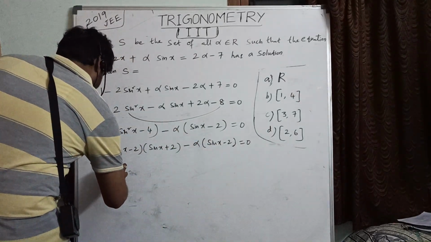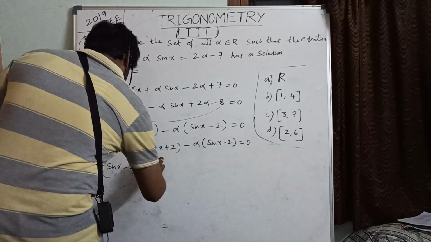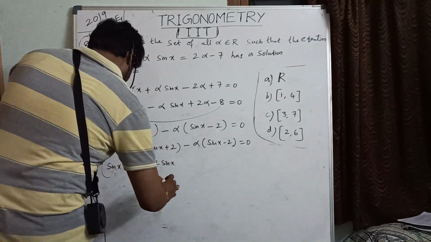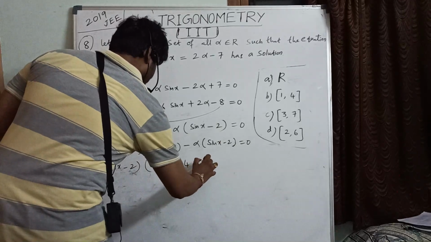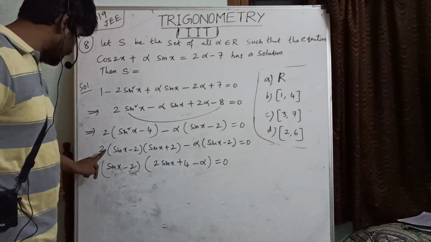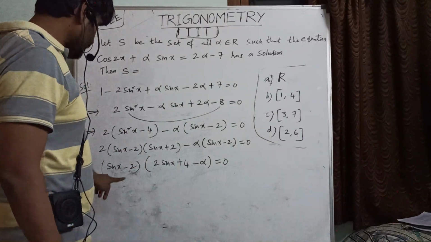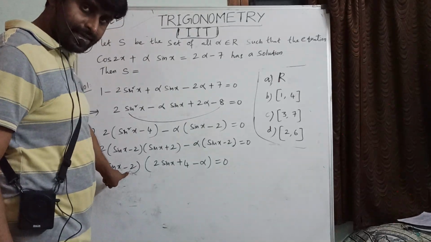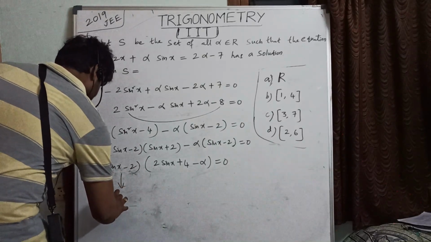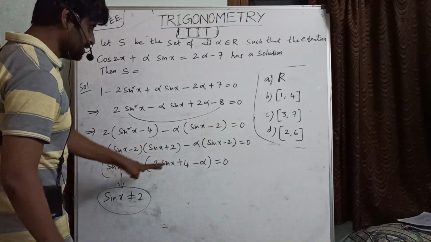Okay, if I take sin x minus 2 common, so what do we get? Here inside 2 sin x plus 2, 2 2s are 4, here minus alpha equal to 0. Correct? Sin x minus 2 I took out common there. 2 take inside 2 sin x plus 4, here minus alpha. Okay? So sin x equal 2. Can sin x equal 2? No. So from this it is not possible. Sin x not equals to 2. That we know. From this what will we get?